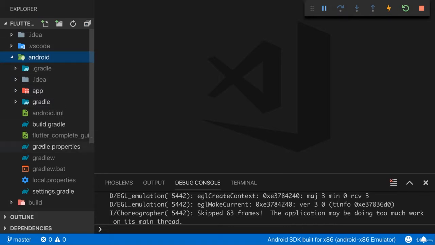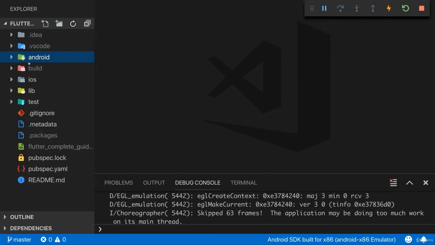So this is in the end a normal Android project with your compiled Flutter code. And you don't need to change anything in here, or very rarely, and I will mention when you do need to change anything here. For the most part, this is a passive folder which will be used by Flutter, and therefore it's super important, but not a folder you work on.